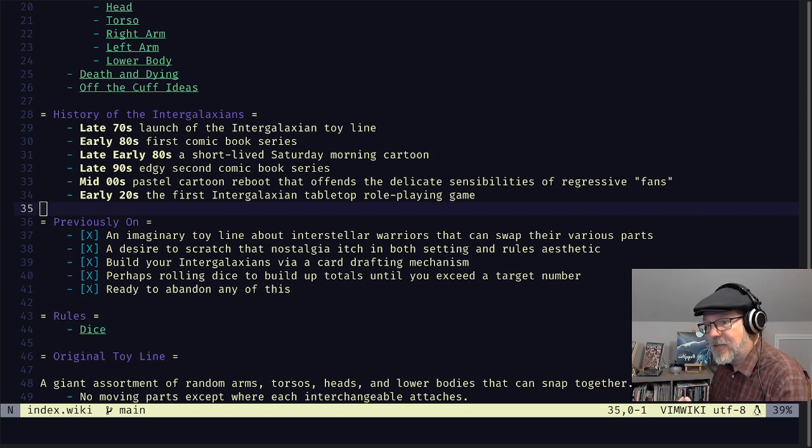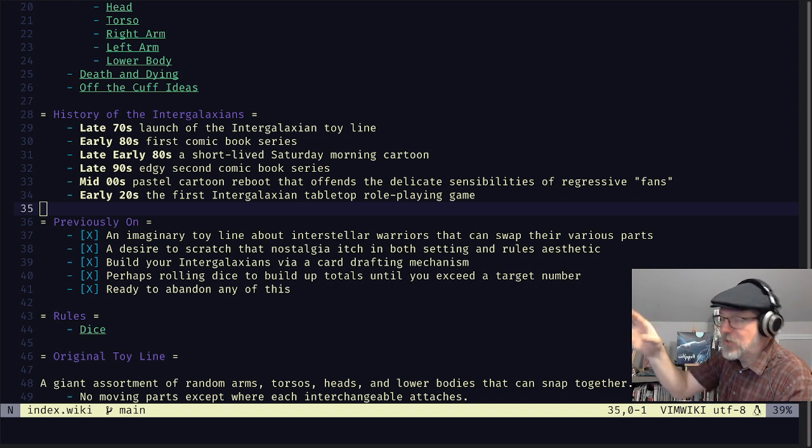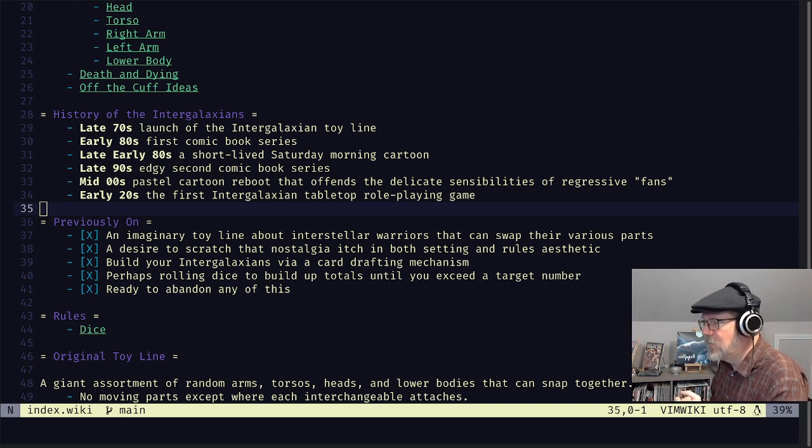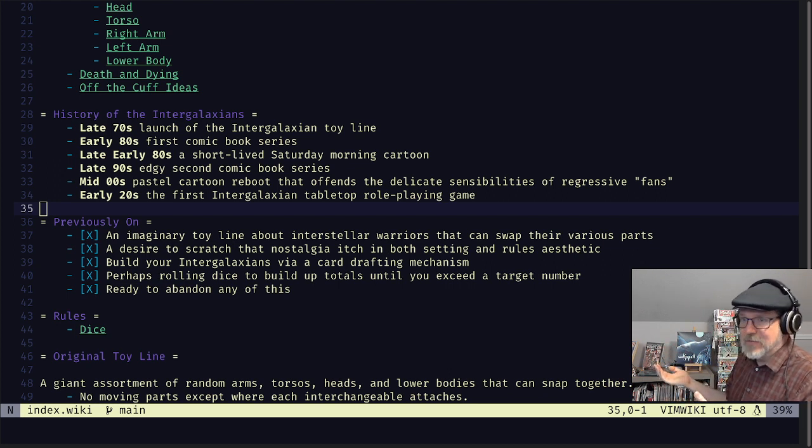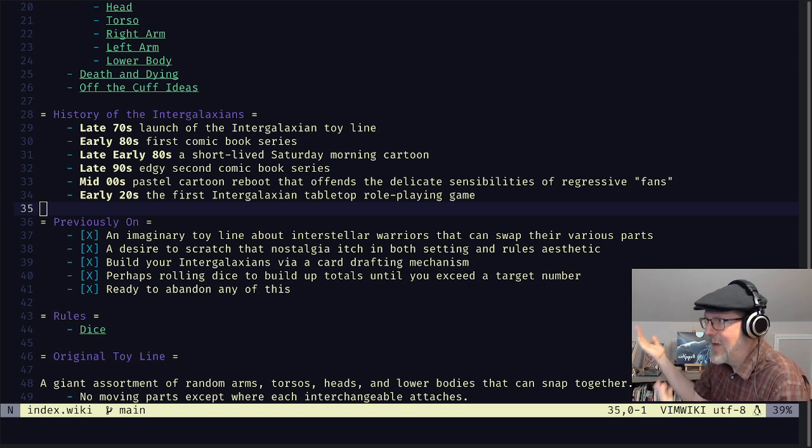And the story that the first comic book in the 80s did was sort of like these were ancient space warriors who were stuck in their space capsules and then launched at enemy ships where they were supposed to attach themselves and maybe drill through the hull and take over the ship. And that was how battles were fought. And of course, not every shot you take hits. Some of them miss. So you got these space knights flying through the cosmos on missed shots forever and ever, for millennia, until